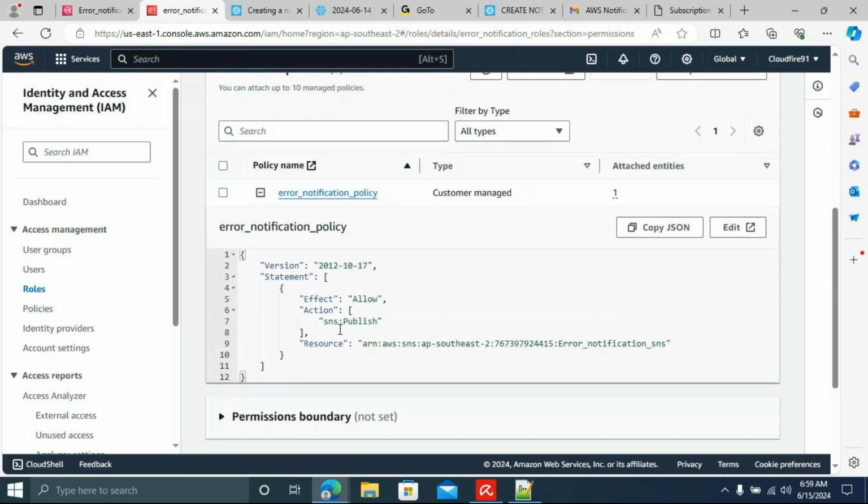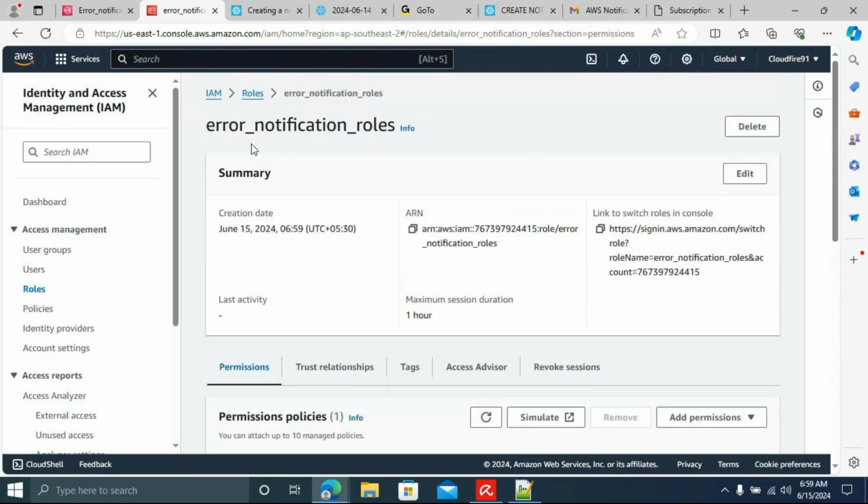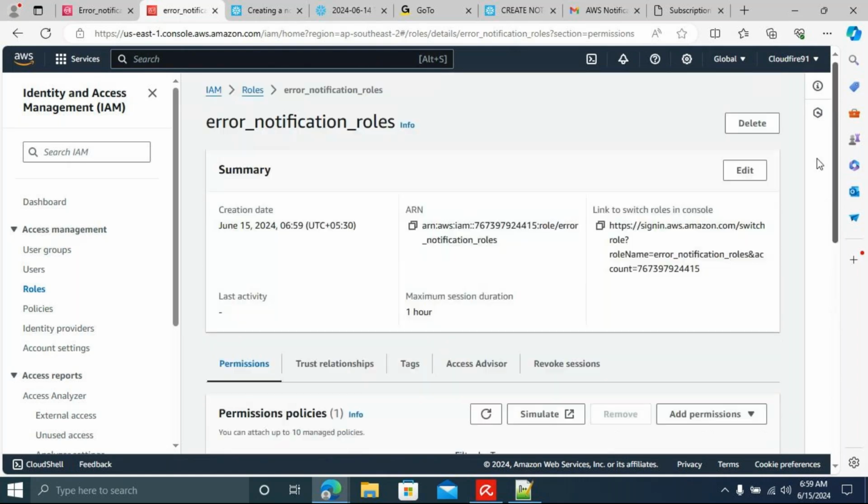We can publish the error messages into the SNS topic, and we provided the SNS ARN here. Under this role we have one policy. Yes, sir. Good. Now everything is fine.